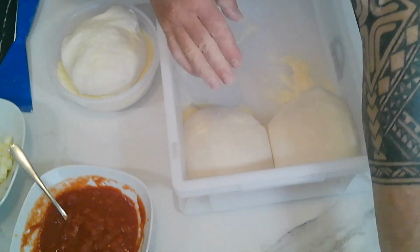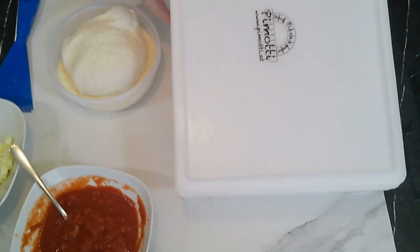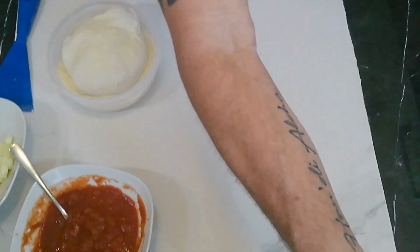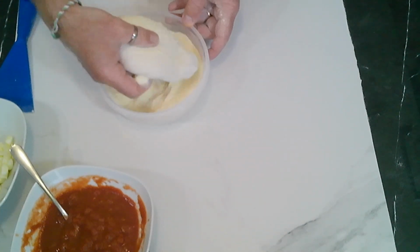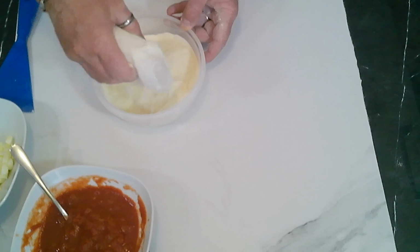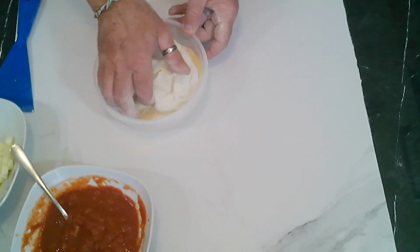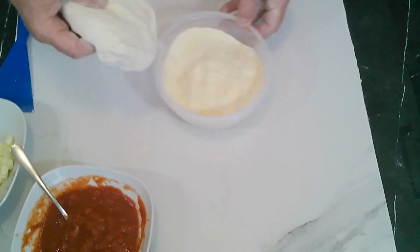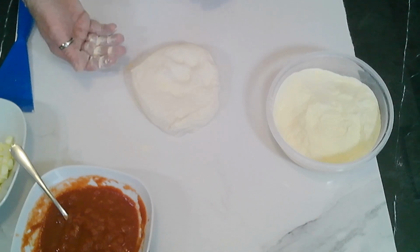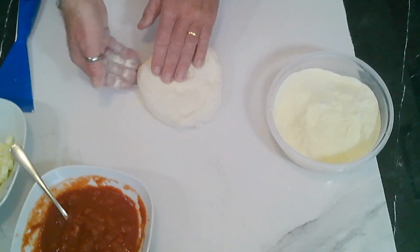It's important for the other dough balls to close the lid, otherwise they will get dry and then it's hard to use them again. But for now, we take this dough ball, I flip this dough ball sometimes around in the semolina, and if you see such big bubbles, you can directly open them because they will be destroyed afterwards in any case. Then I take the dough ball out,